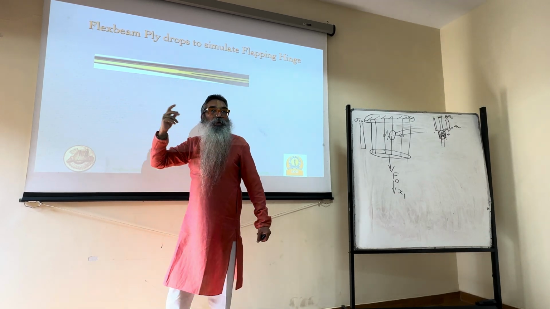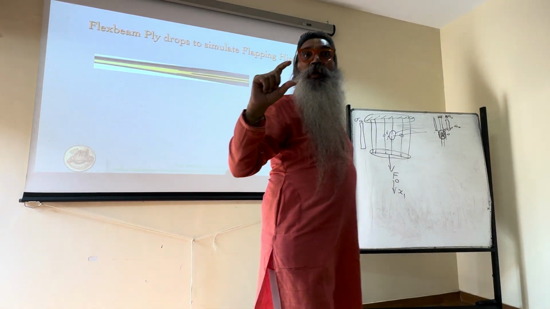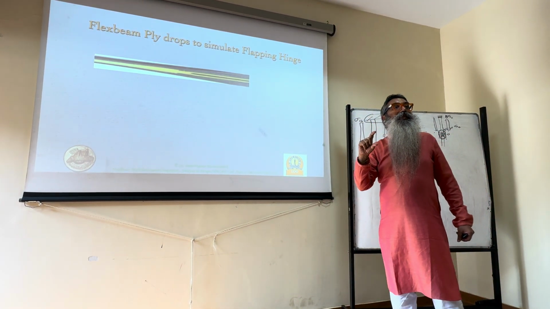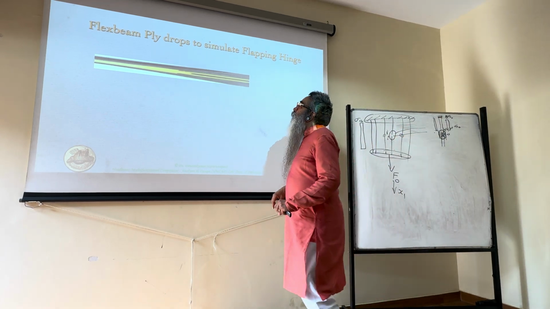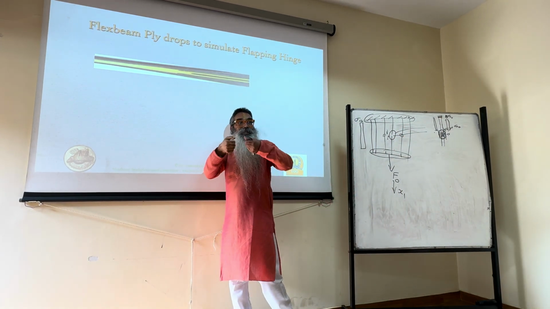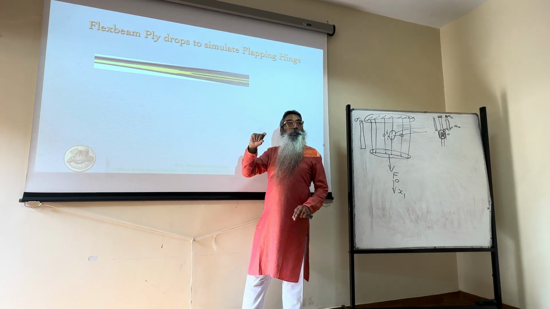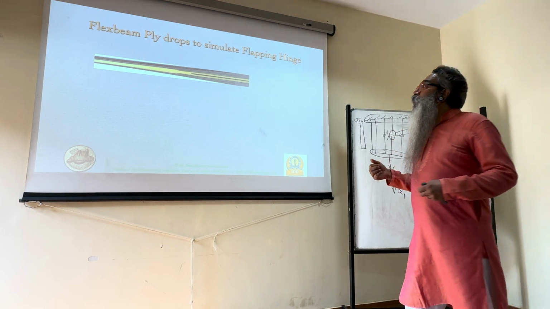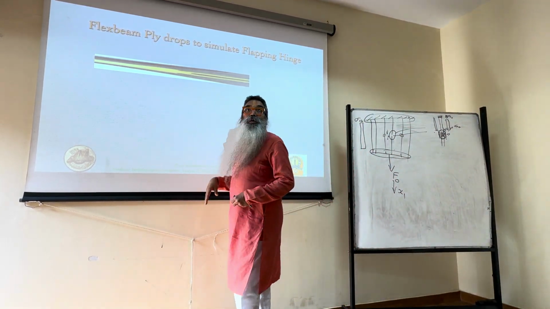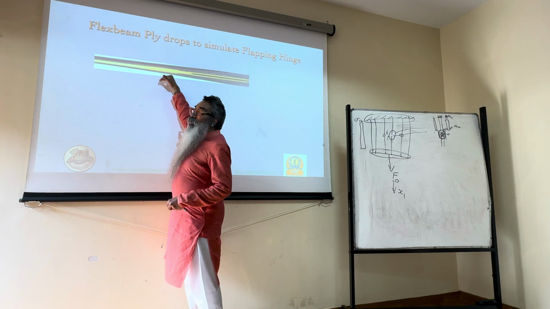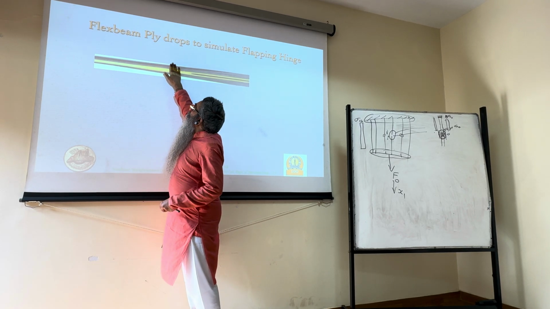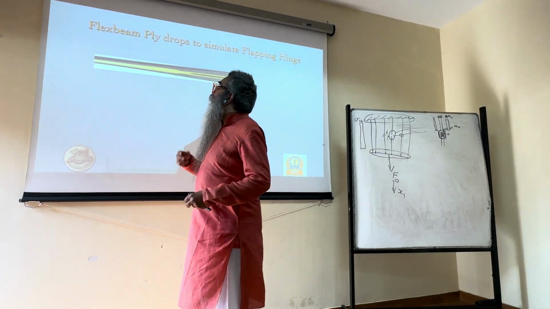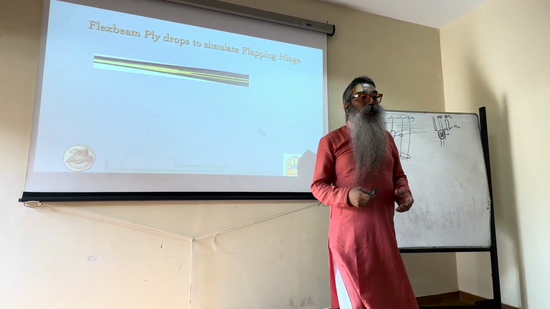This is almost like a sandwich. We talked about sandwich earlier, remember? A core, and then we have the top face and the bottom face sheet. When we dealt with one of the three design criteria, we talked about a sandwich plate. And there also we said that the face sheets take the tension and the compression in bending, whereas the intermediate core, whether it's an aluminum honeycomb core or a foam based core, or for that matter something like this where it's entirely composite, you have all epoxy matrix, but on the top you have carbon fibers, bottom you have carbon fibers, and in between you have the glass fibers which are less stiff, and therefore the glass fibers are mostly